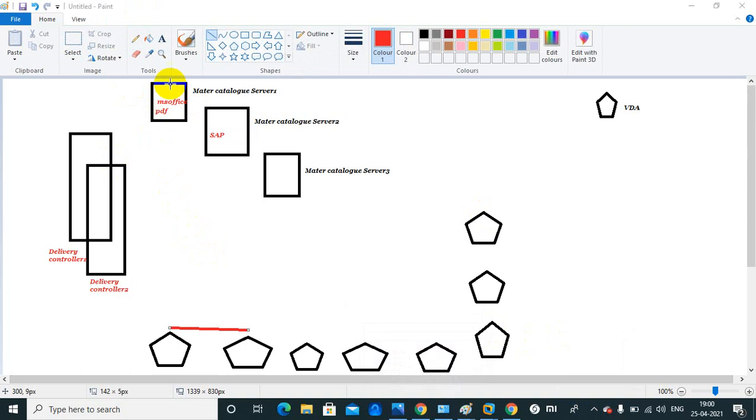Okay. So once you create machines using this master catalog server, suppose I am creating 2 machines, once we put this in the MCS process, it will create 2 machines with the same application. Means MS Office and PDF will be installed on this machine and this machine.